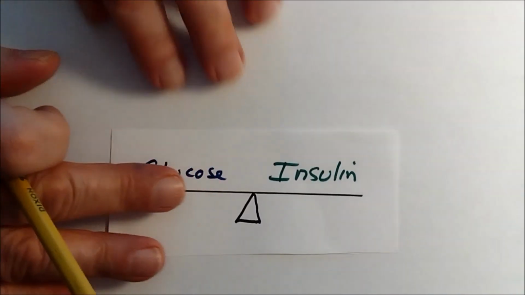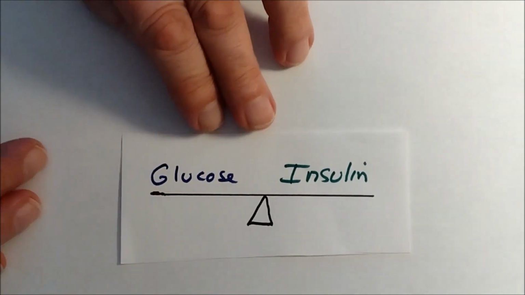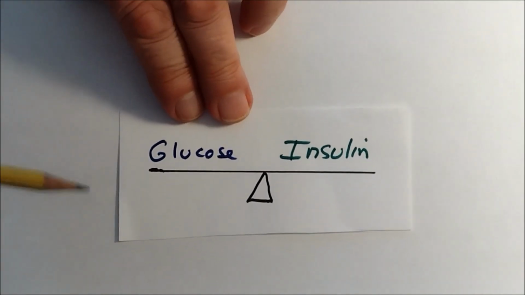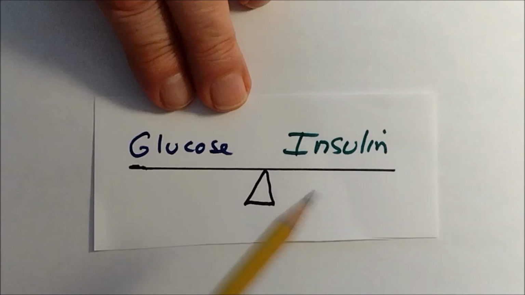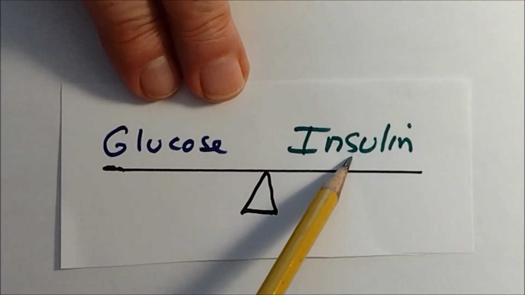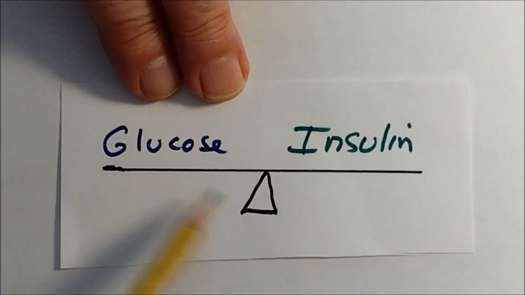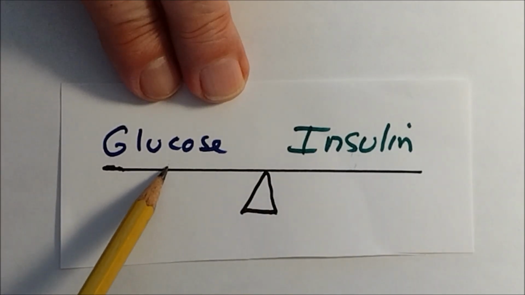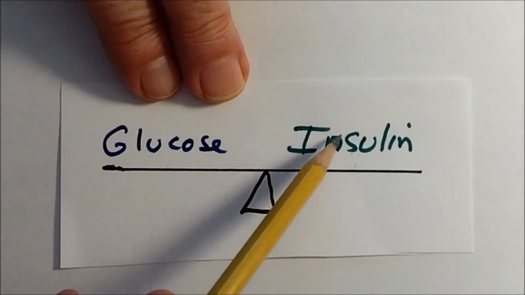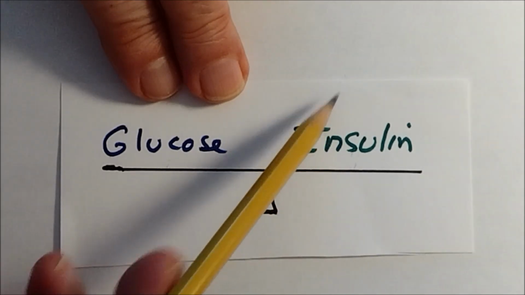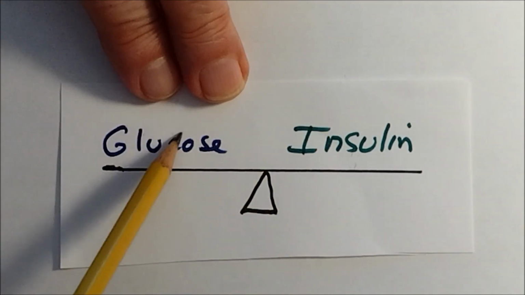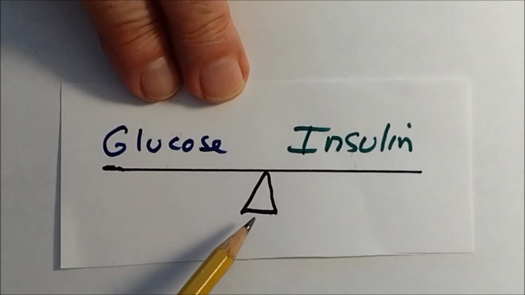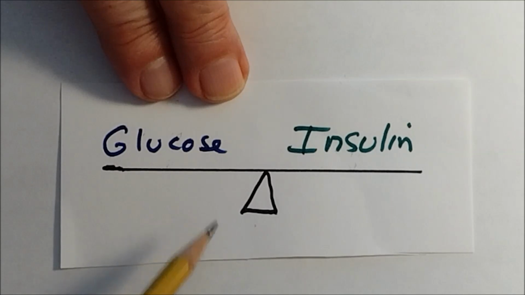So when you eat that donut, and the donut is changed into glucose, the pancreas has to secrete the exact amount of insulin that will handle that glucose. It's very important that you don't have too much more insulin than you have glucose, or more glucose than you have insulin. This balance has to be maintained, and the pancreas does that. Okay?